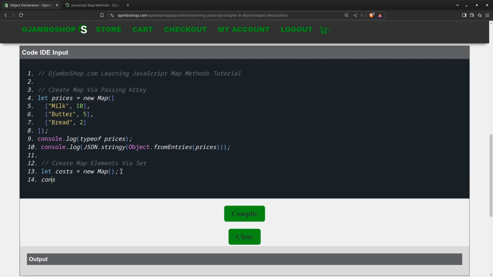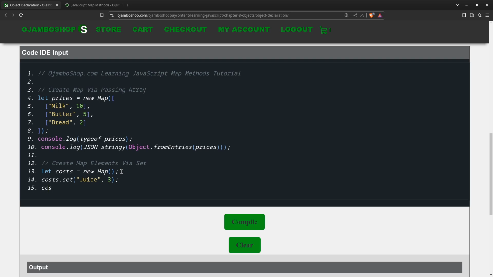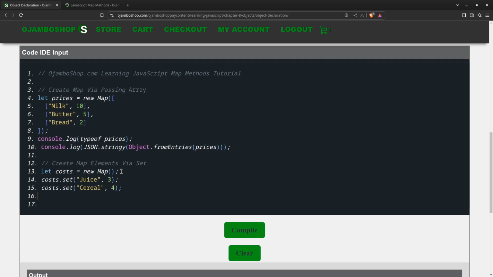Okay, then I can use set: costs.set juice, and I give it a price, and costs.set cereal, and then costs.set soap,